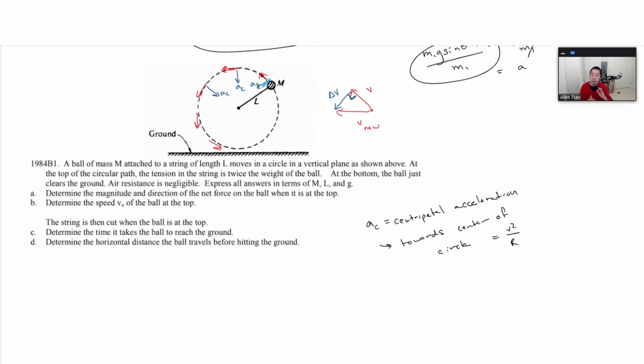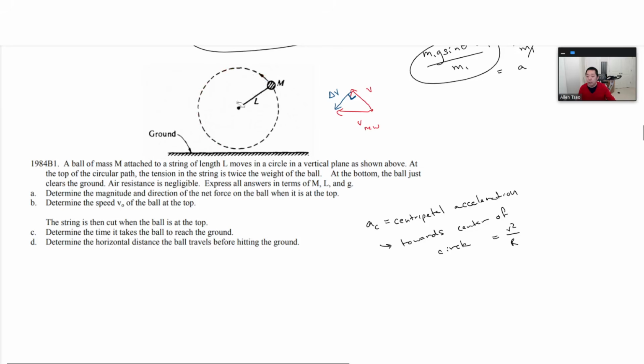Okay? Any component of acceleration that is parallel to the velocity would cause it to speed up or slow down. And we don't call that centripetal acceleration. We call that linear or tangential acceleration. That's the normal thing prior to circular motion, when things are speeding up or slowing down. Okay, so